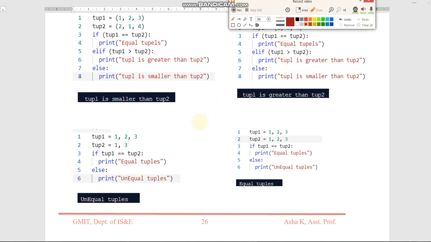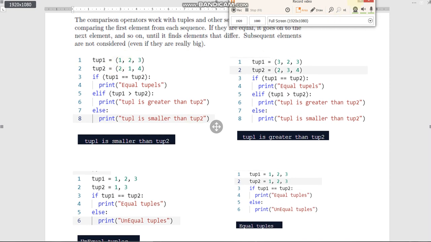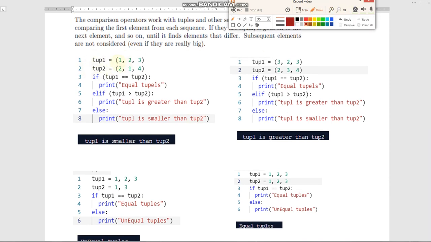So remember how the comparison operation takes place. The comparison of two tuples compares the first two elements. If any one of the conditions is satisfied here, then the comparison will not continue to the next elements.